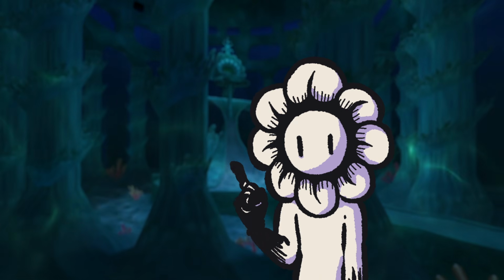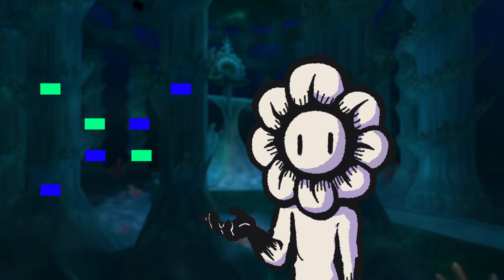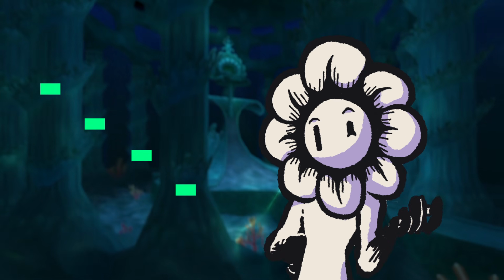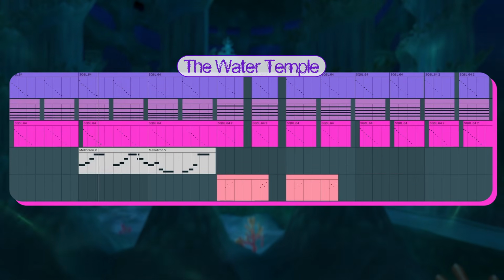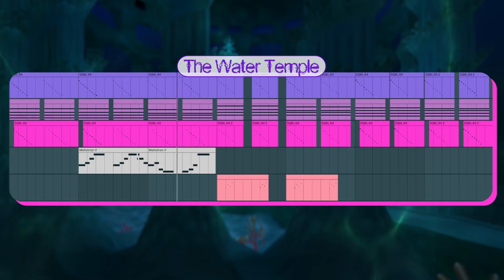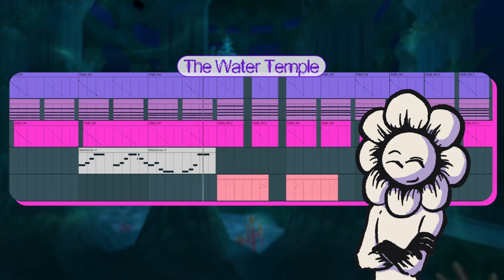So we all know arpeggios are great, but usually people tend to only arpeggiate upwards. So in the water tempo I did the exact opposite and instead arpeggiated downwards. It really gives this feeling of sinking lower and lower into the dark abyss. Combine that with an echo effect, you've got a pretty hypnotizing sound.